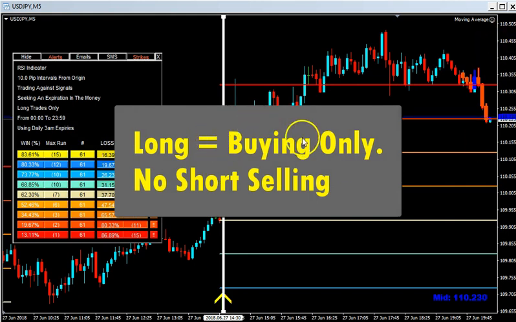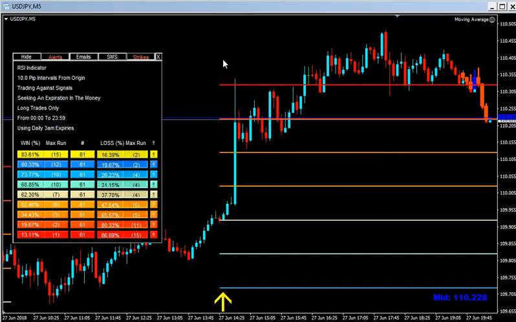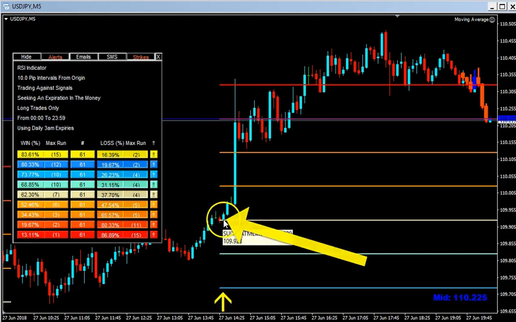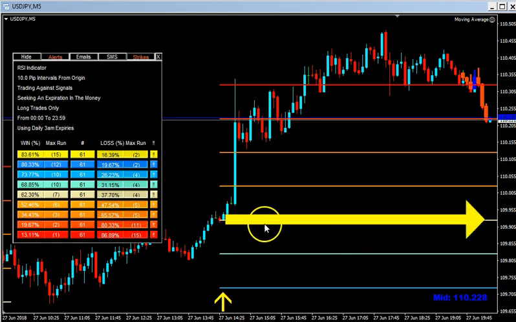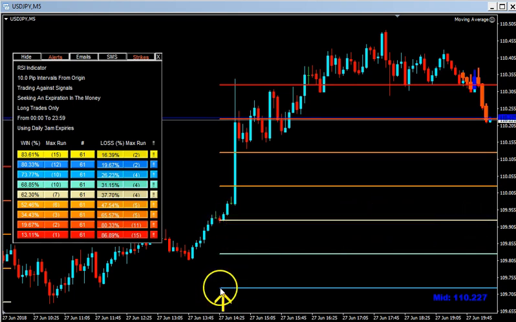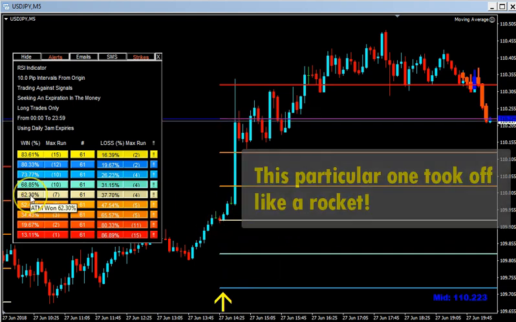Because if you look at this chart, there's a couple of things that I want you to look at. Number one, look at this white line right here. This arrow right here shows where the signal came out. It came out at the open of this little blue bar right here, and you can see the line extending out into the future. Now what this tells you is that 62% of the time, this signal right here is profitable. It expires above this line upon expiry 62% of the time.